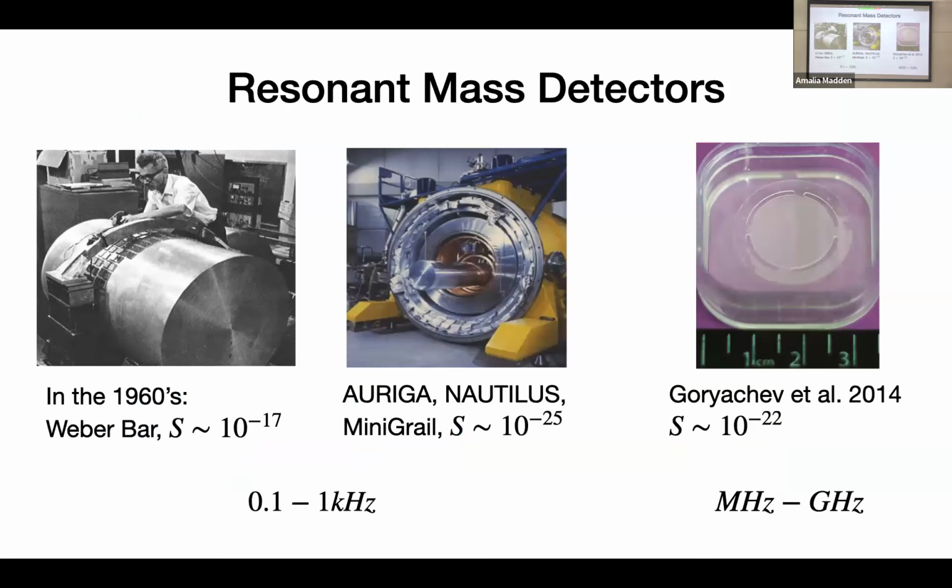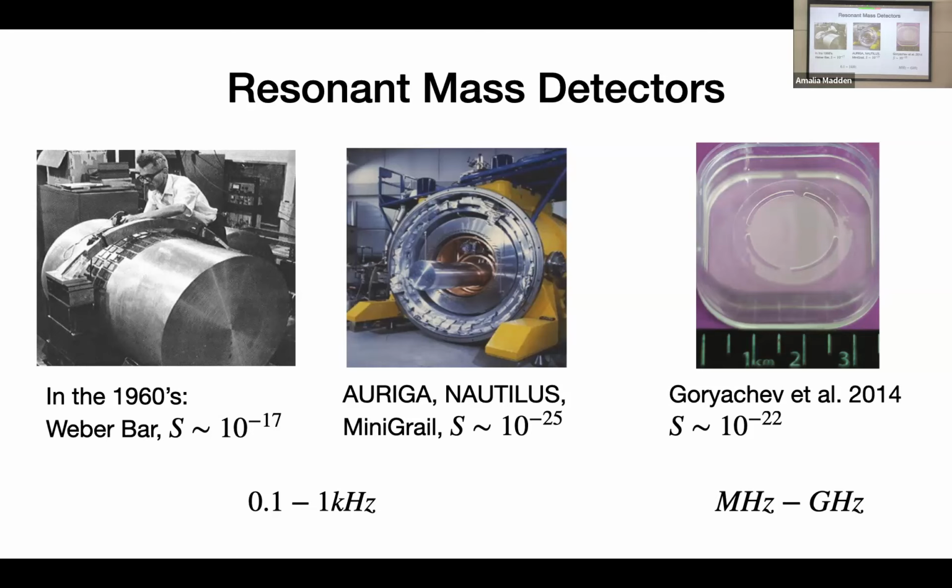Another direction here that we're going to talk about, well, something completely different that I'm going to introduce you to, is resonant mass detectors. The first resonant mass detector I'll tell you about is the Weber bar. In the 1960s, Weber wanted to find gravitational waves. So he took these huge meter-sized chunks of aluminium, and the idea was that the gravitational wave would pass through and he would detect a strain. And then he could read out these strains. Actually, he used transducers that were piezoelectric crystals. And he could not reach gravitational waves because he could only reach strains of 10 to the minus 17.